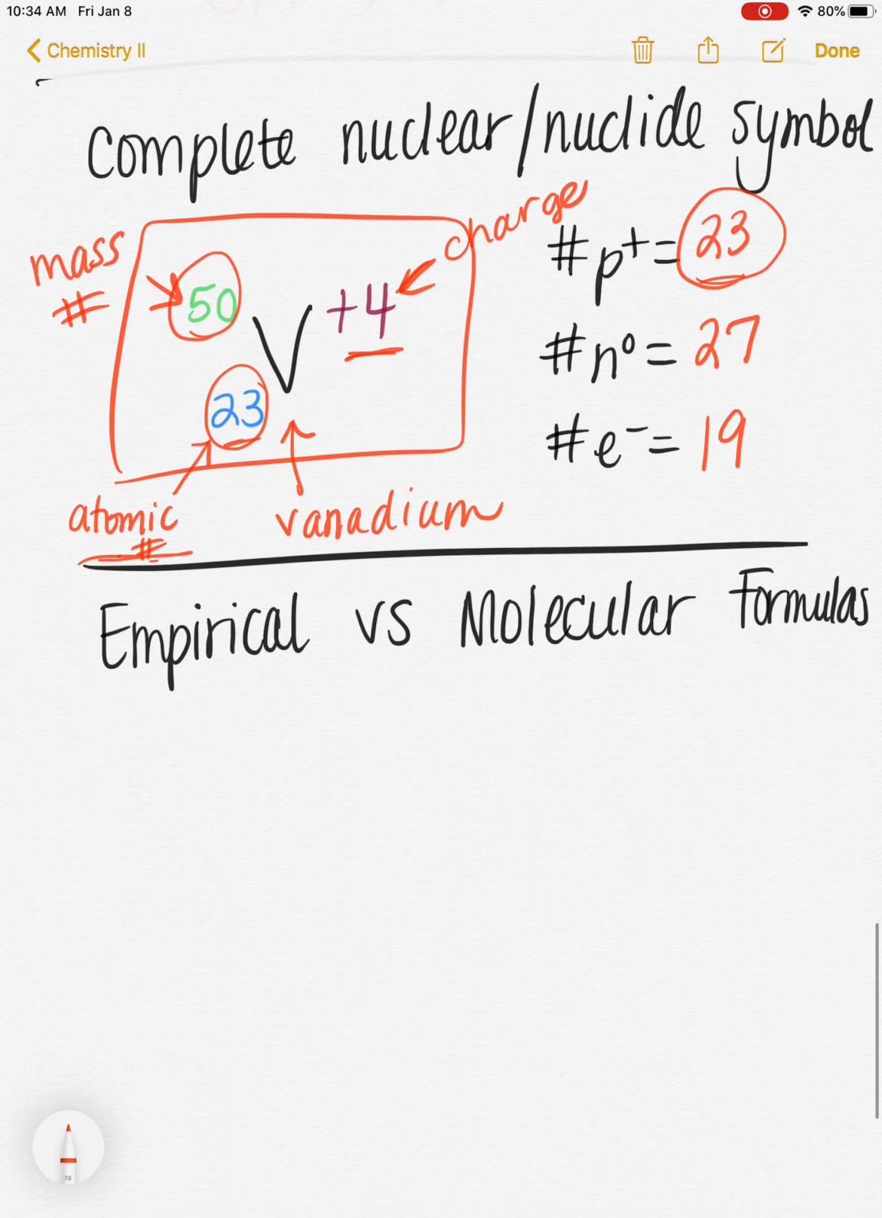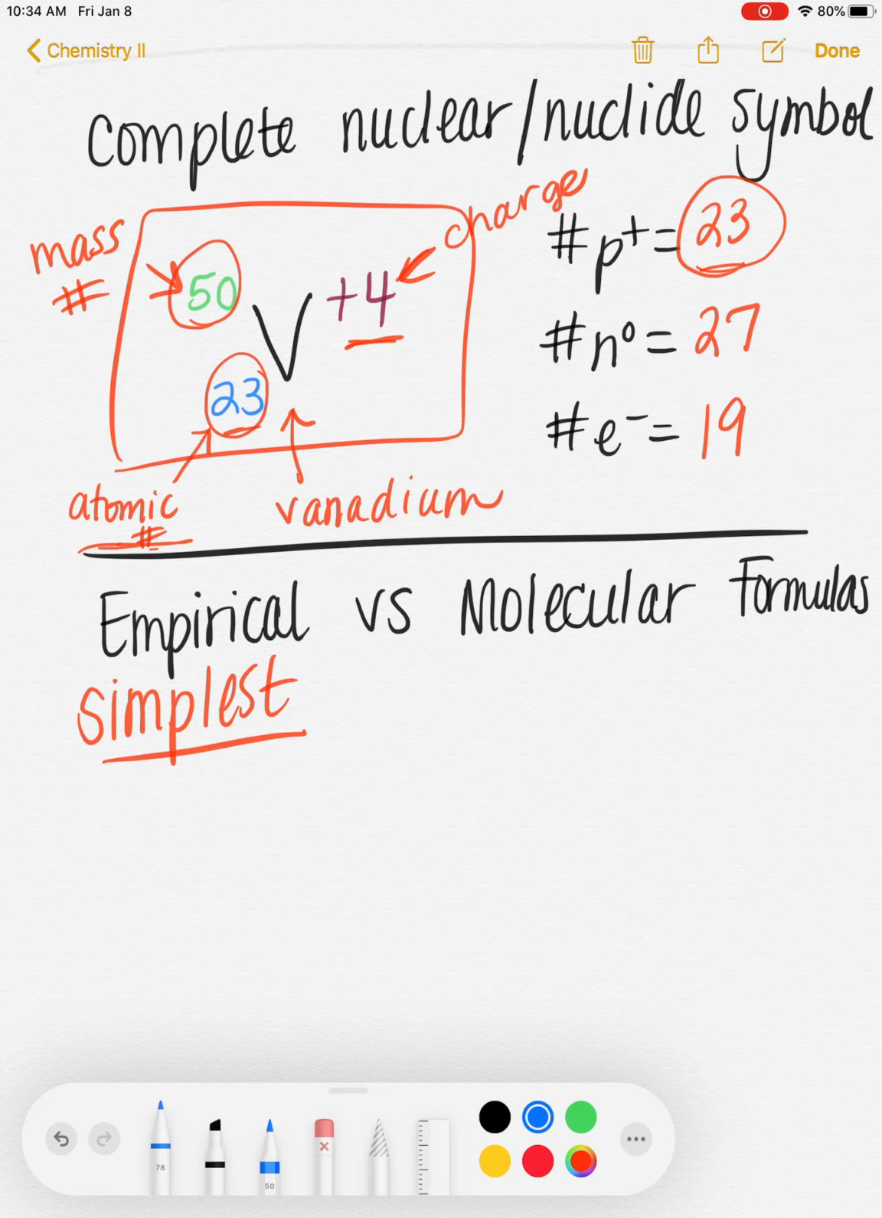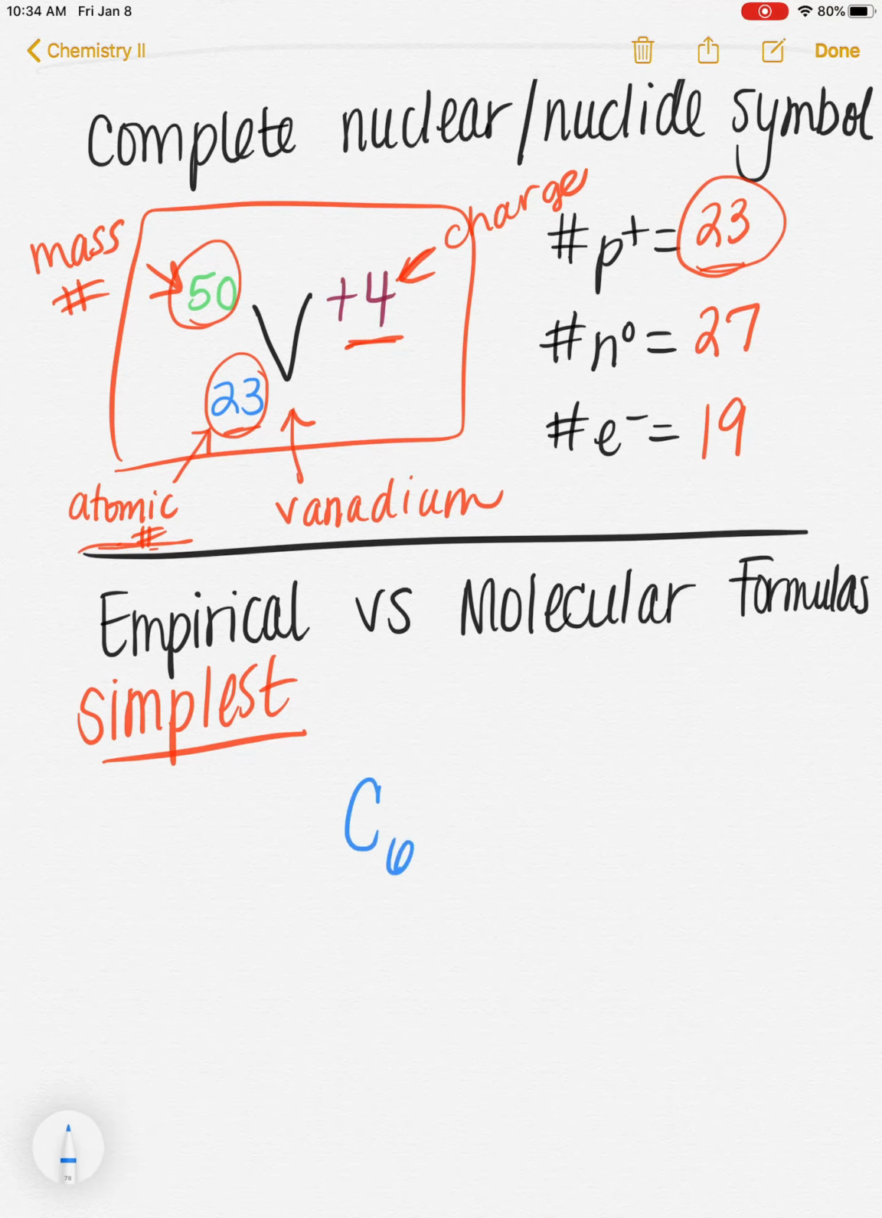The last thing that we want to review is empirical versus molecular formula. Empirical formulas are when the formula is in the simplest form. There can be several molecules that share a common empirical formula. Molecular formulas are not necessarily reduced. So let me give you an example. If I had